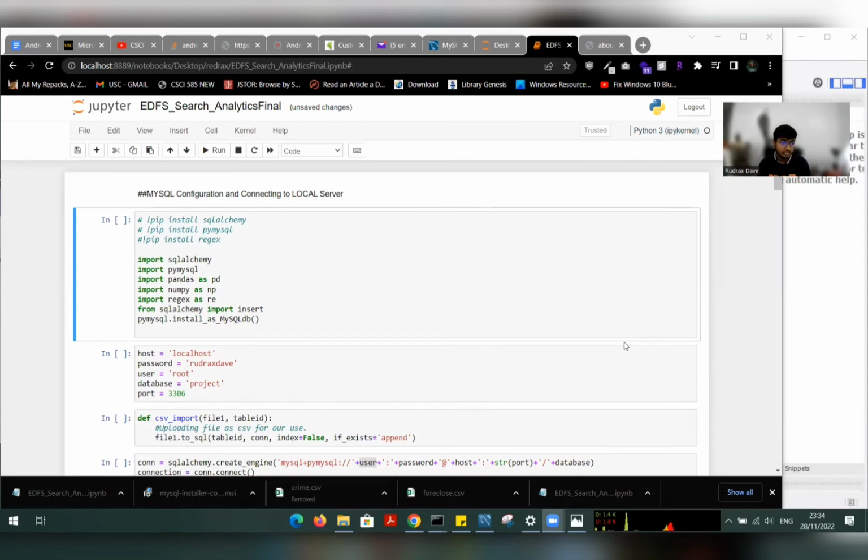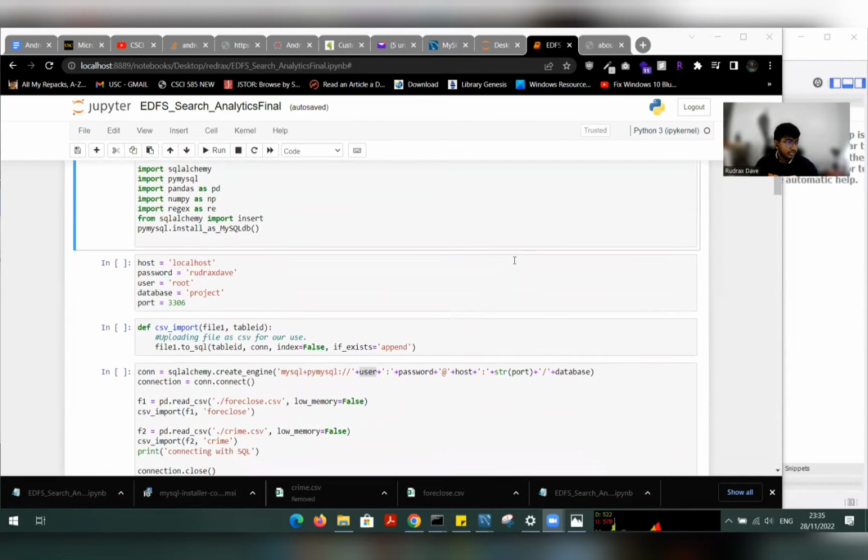So what we did was take 2 data sets and implement an EDFS based on MySQL. And what we are doing is taking correlations between those 2 data sets, how crime rate is affecting the foreclosure rates of properties in LA. We are finding that out. For that, we have already done the data processing part, and now we are doing the MySQL EDFS integration.